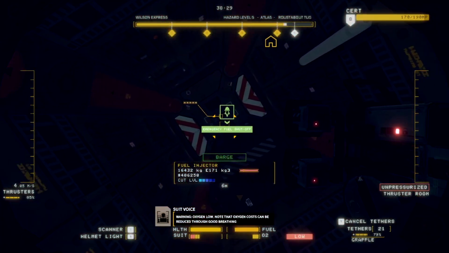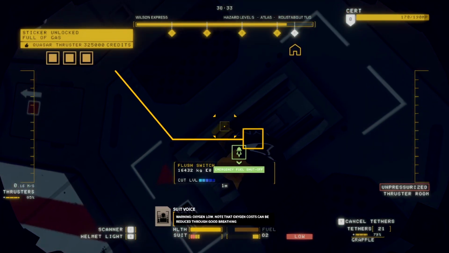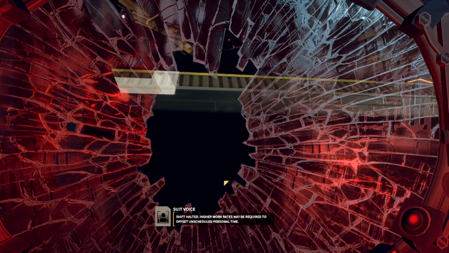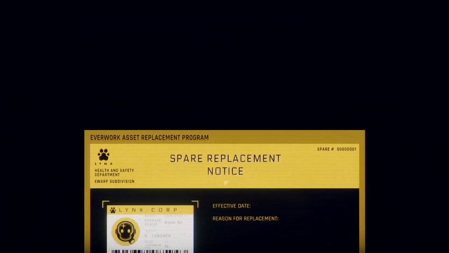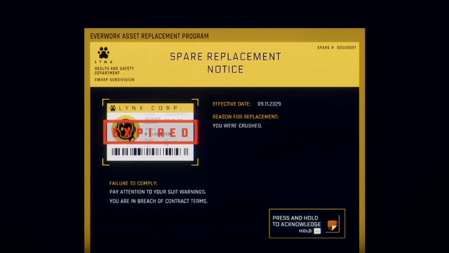Warning. Oxygen low. No salvage secured. Applying credit. Shift halted. Well, yeah. Be careful, because the depressurization is pretty bad. And especially when you're...